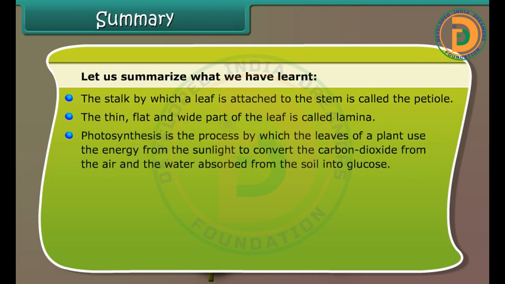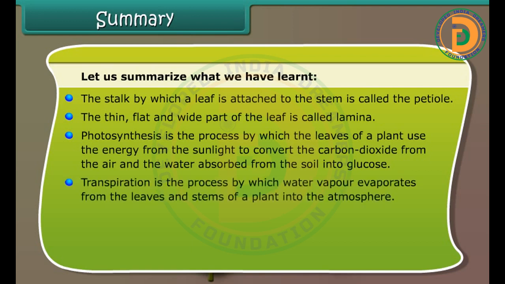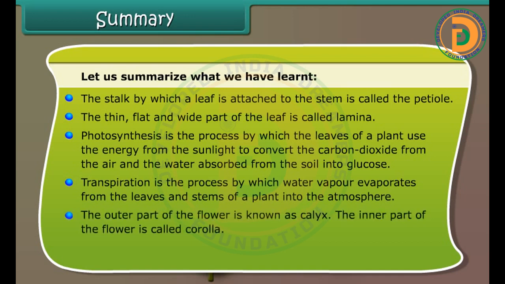Photosynthesis is the process by which the leaves of a plant use energy from the sunlight to convert the carbon dioxide from the air and the water absorbed from the soil into glucose. Transpiration is the process by which water vapor evaporates from the leaves and stems of a plant into the atmosphere. The outer part of the flower is known as calyx. The inner part of the flower is called corolla. The male